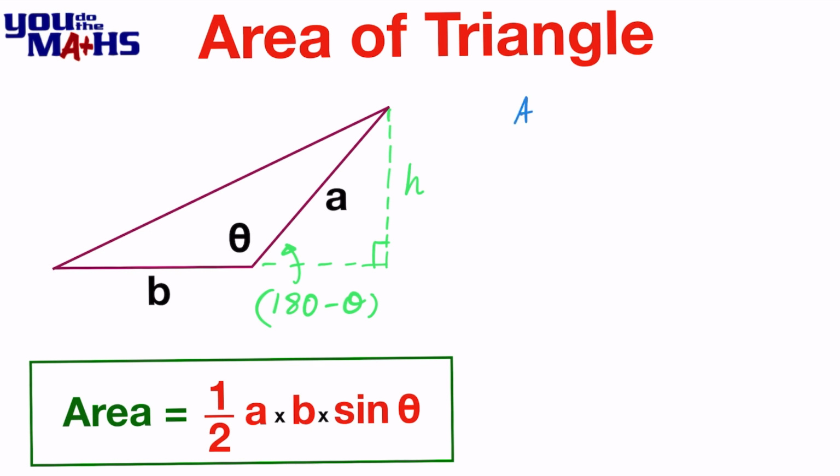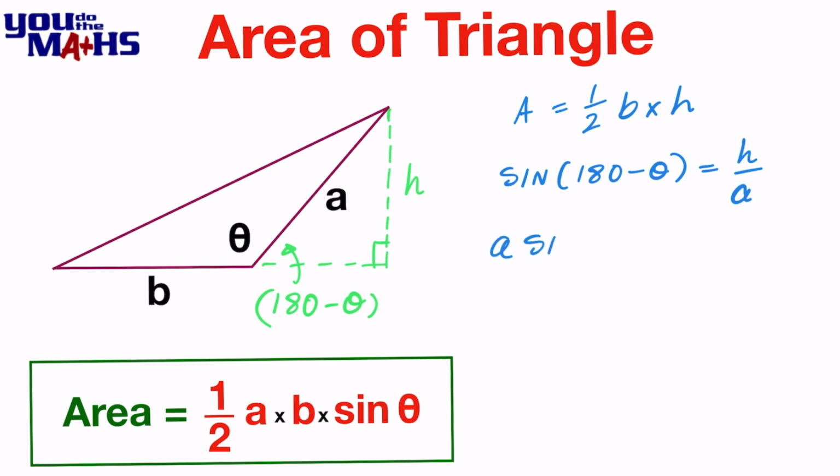So here's our basic area of a triangle formula, a half base times perpendicular height. And that's referring to our original triangle shown in purple. Now once again, we want to try and rearrange that using sine, this time of 180 minus theta, which is going to be equal to the opposite side h over the hypotenuse A. We'll multiply the A across, and we get sine of 180 minus theta multiplied by the A is equal to